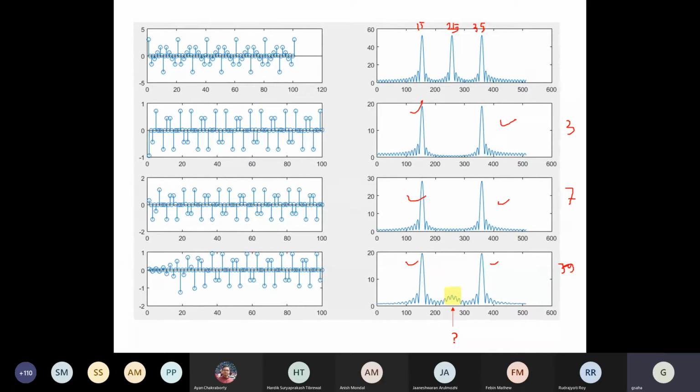Now I would like to give you a hint, because I can tell my point and go to the next slide, but it is better if you can work it out together. The focus was mostly on the right hand side and whatever you have studied before. Now if you have not focused on the left hand side, look at this Hn for 3, 7 and 39. Do you see anything which maybe you do not know?